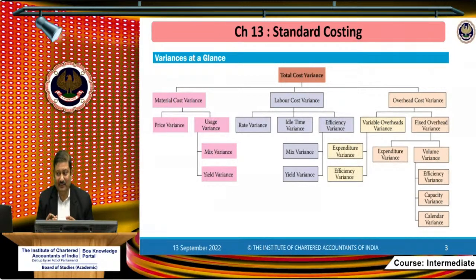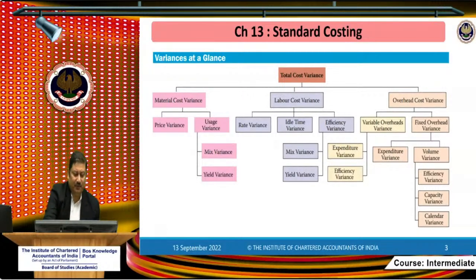Regarding process costing, Anmol, we have not included any question as such. But if you have any specific query on process costing, you can send it to us by email, and if we find any opportunity to cover process costing, we'll take up that question. We'll also try to cover the basic conceptual part of process costing.